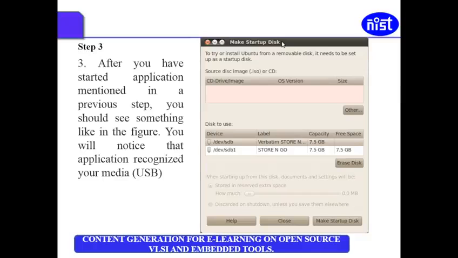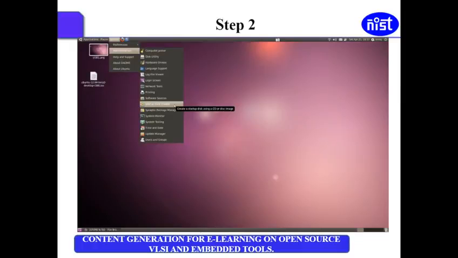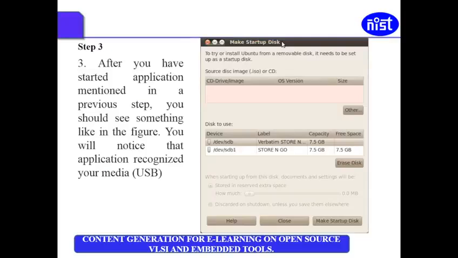After you have started the application mentioned in the previous step, you should see something like in the figure. If you don't see it, then you need to check it. You will notice that the application recognizes a USB.